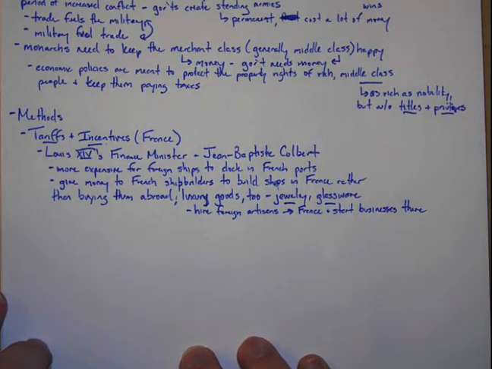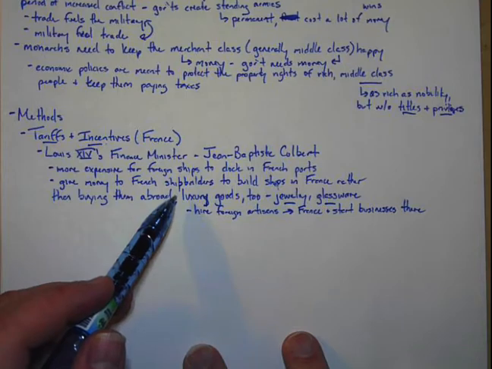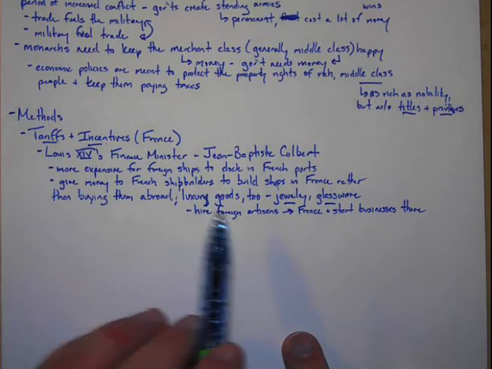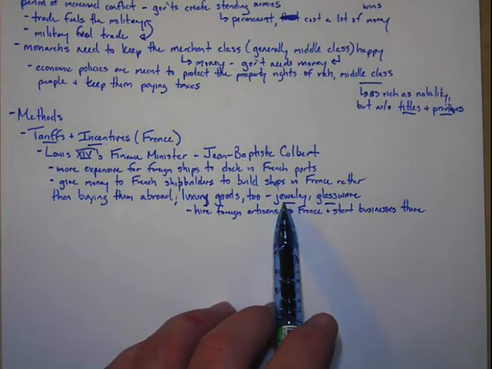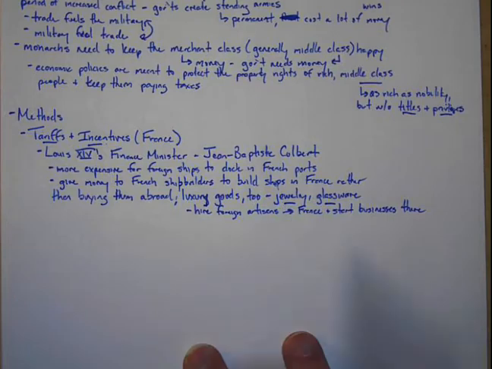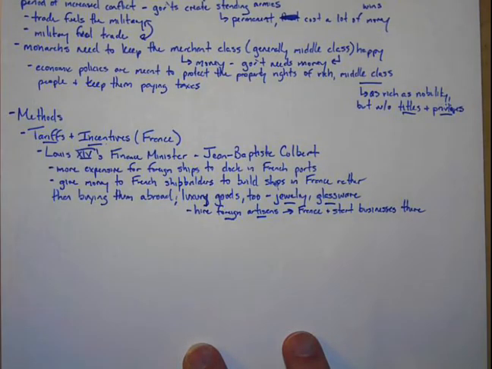Because remember, the point of mercantilism is to try to do as much as you can in your country. So he's going to have French shipbuilders make ships. He wants to have French people buy French luxury goods. So don't buy foreign jewelry. Buy this new French jewelry that we are going to start creating, because we're going to bring in foreign jewelry makers and foreign glass makers. So don't buy that foreign stuff. Buy this stuff in France, made by French people.